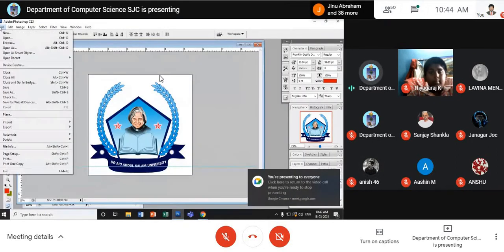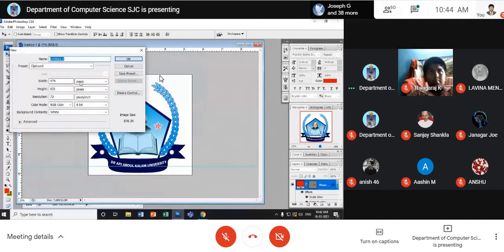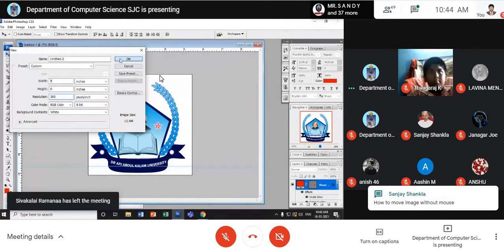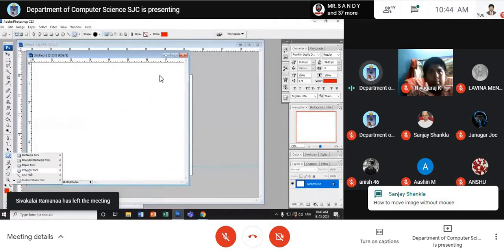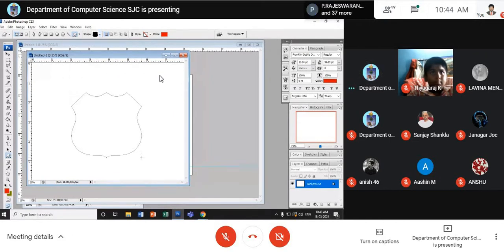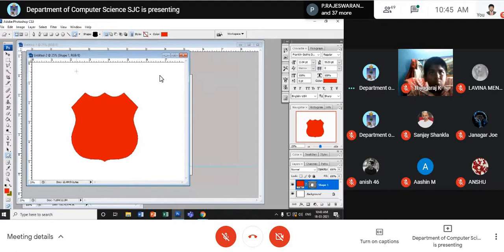See, for example, look here, my dear friends. There are so many images here. I will give you one more. See here, there are so many tools. Custom shape here. See, star is here, the pentagon, polygon, or the other shapes are here. You can make use of any shape. See here, this tool is here.